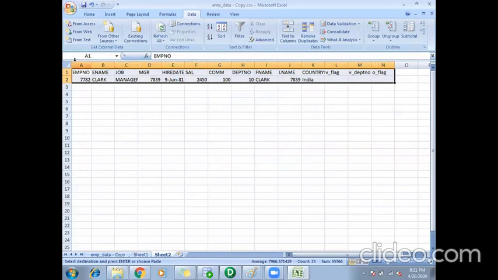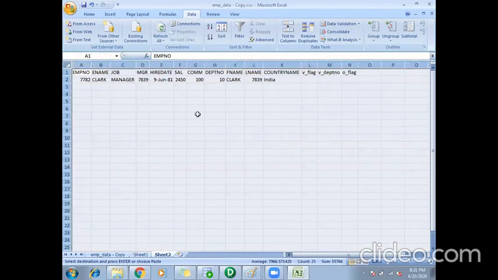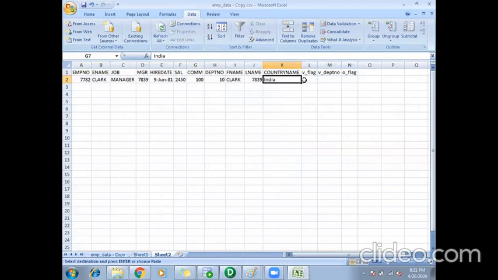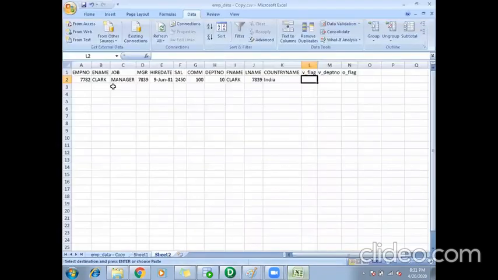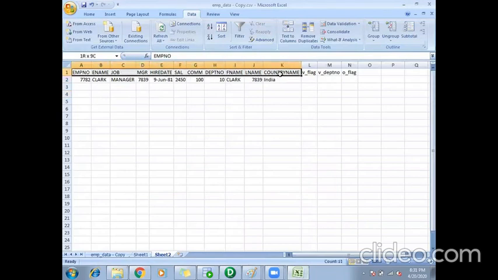So these are the ports here. V flag and V department are variable ports and O flag is the output port. How will the port assignment happen? What is the order? First, all input ports are assigned. For the first record, all these ports are assigned with the value because they are input ports.